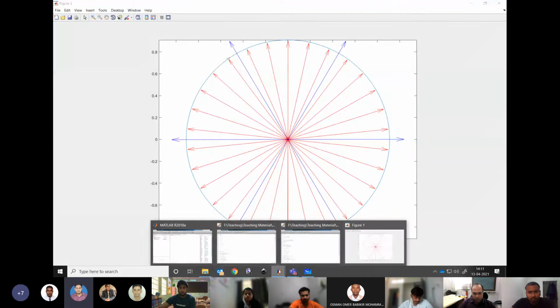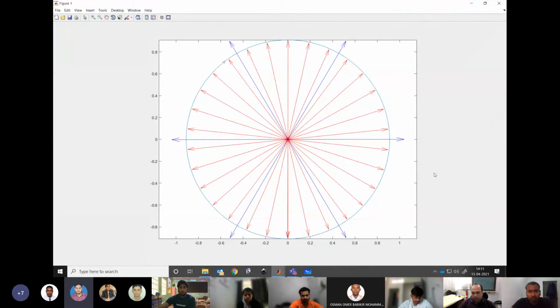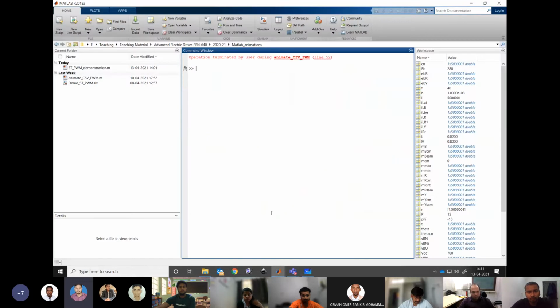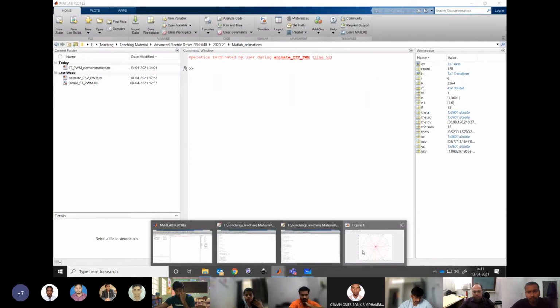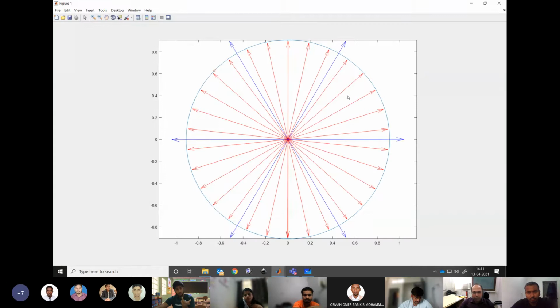So now, once we have understood this, similar to how we had a sinusoidal voltage and samples over there, here we have a rotating vector and we have discrete samples of that. So it is a bit different in understanding, but we are doing essentially the same thing. There is no difference in that.